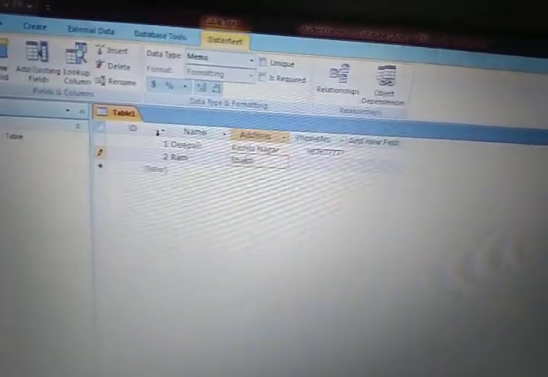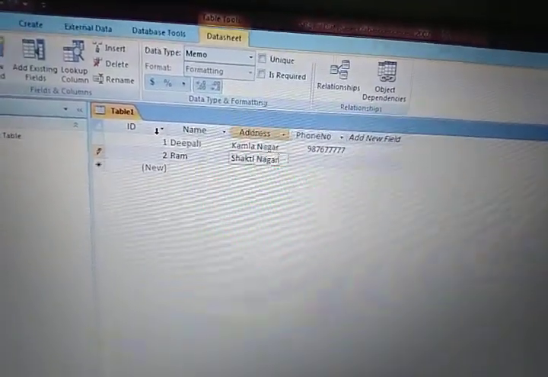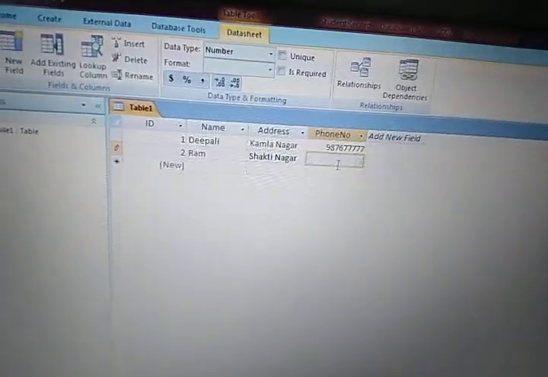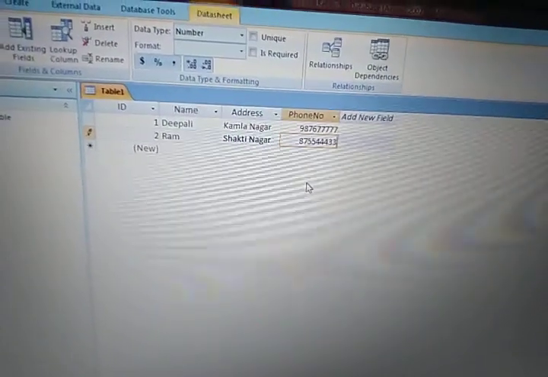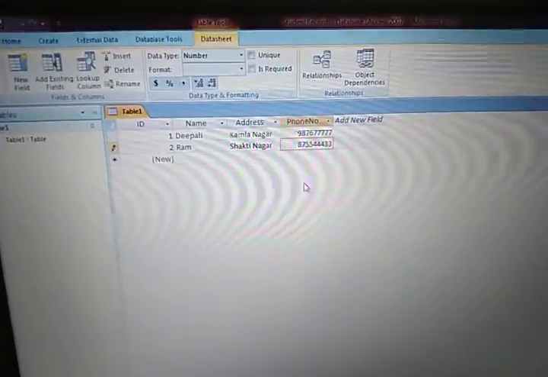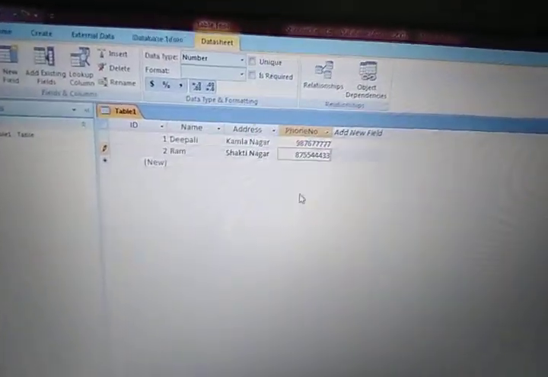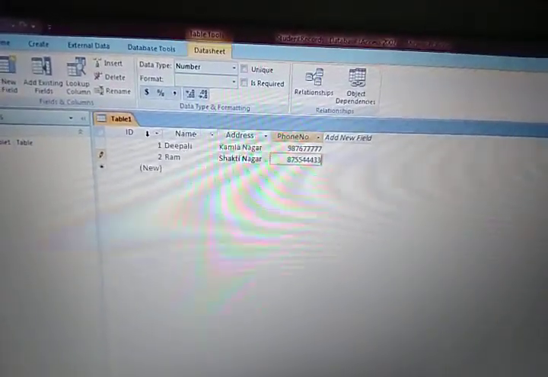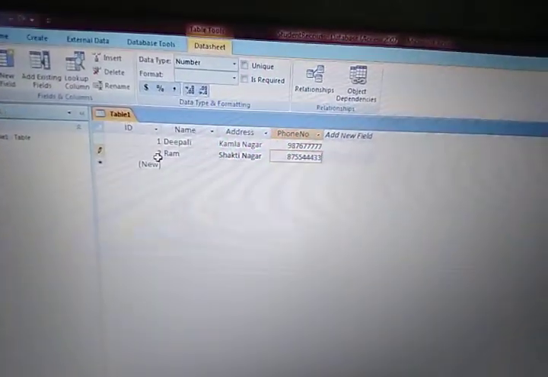Fine, students? So I am just completing the second record, then I will show you something. So here I have just entered the phone number of Ram. Fine. So what you have seen is how to create the table using the datasheet view, and we have also seen that in MS Access by default it gives the column ID, and these IDs are auto incremented.